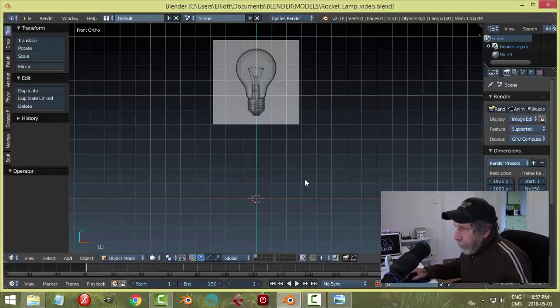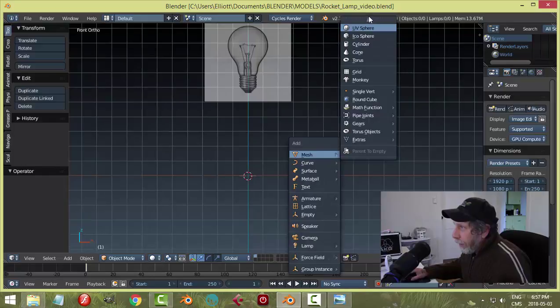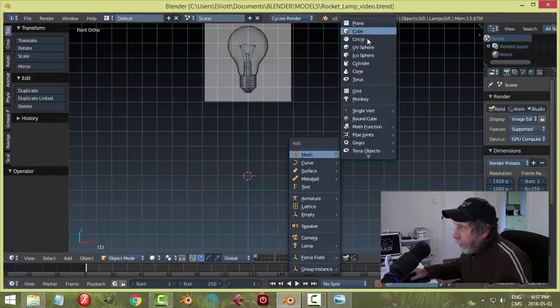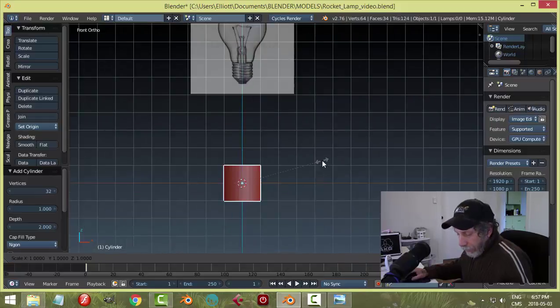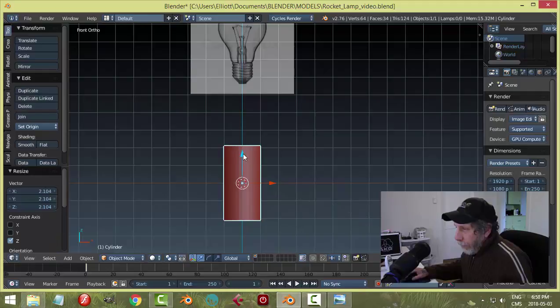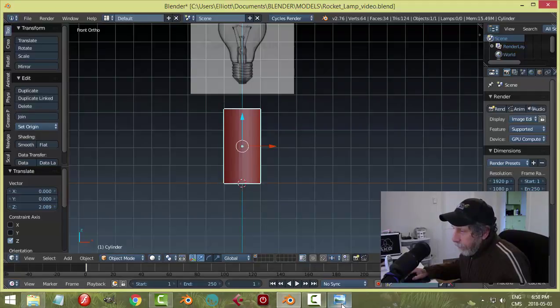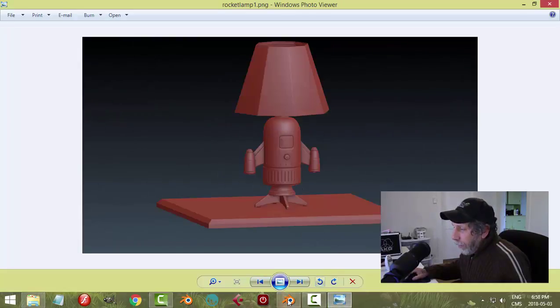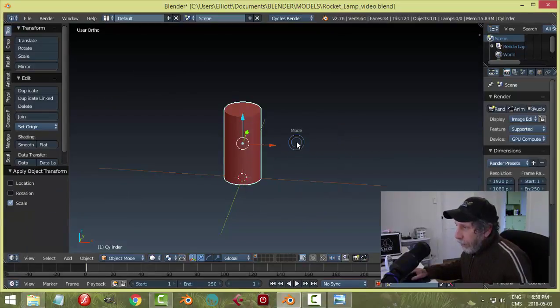Cool. All right. So I've got my 3D cursor right there at center stage, and I'm going to go Shift A. I'm going to bring in a cylinder just with the default settings. Scale this in the Z. I'm going to scale everything up. Alright, so what I'll do is apply scale to this,